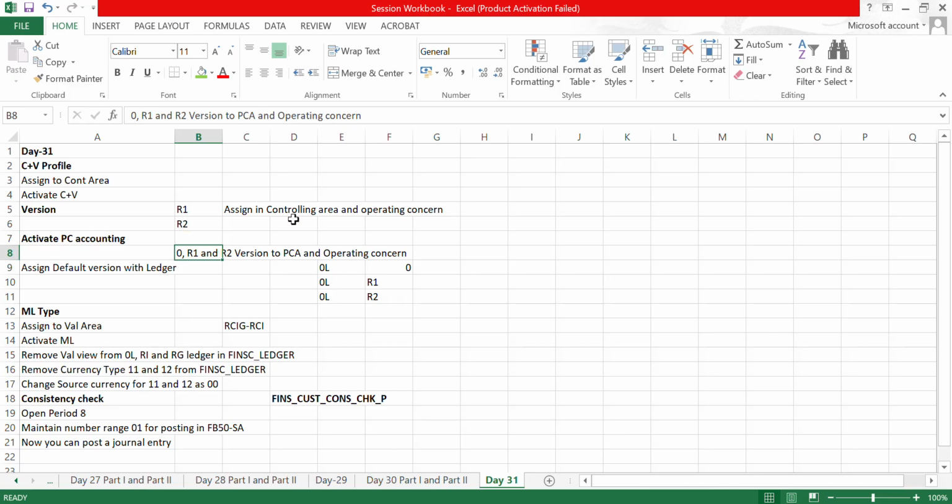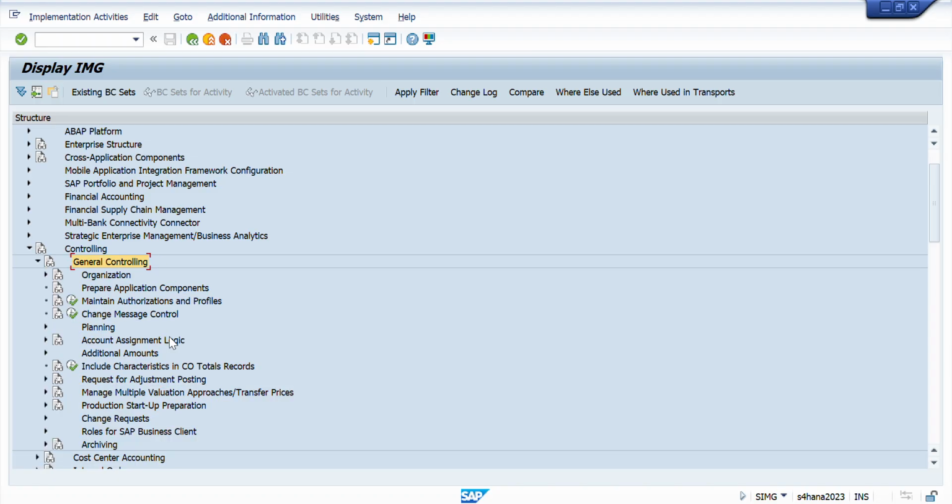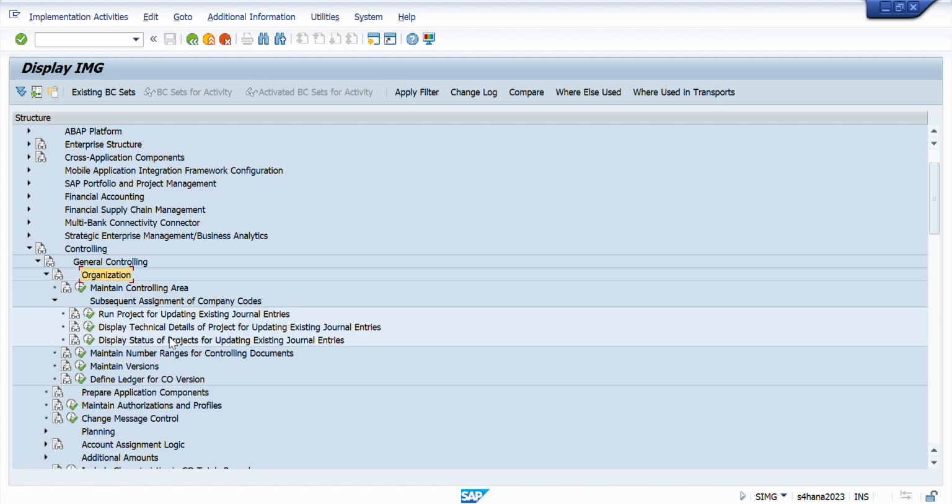After we have activated the profit center accounting, we must assign the version 0, R1 and R2 for the profit center accounting as well, which we have already seen in the previous step. The next step is to define the default version against the ledgers. So we have that under the general controlling, organization,